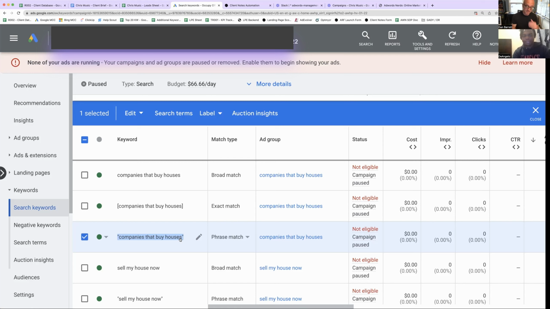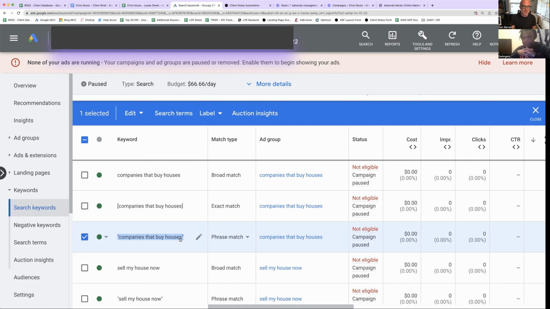So ultimately, most of the strategy of Google Ads comes down to what keywords we target and what format we target. The more specific and focused you go, more exact match, the higher the quality of the leads, but the fewer of them there are, and the more expensive they tend to be. And the more broad you go, the bigger the audience, the less specific, the more of them there are, but the lower the quality of the lead and the cheaper they are to get. So this is the big question.